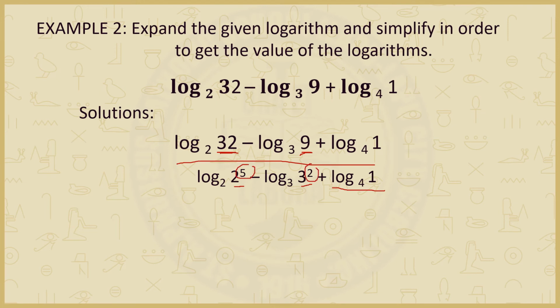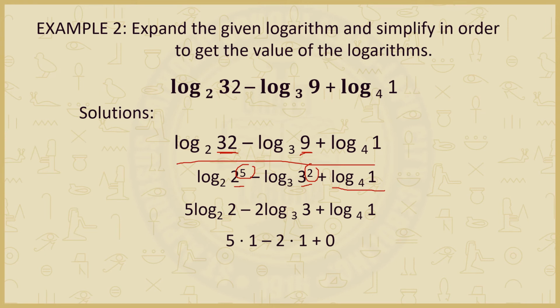And then our equation will become 5 times the logarithm of 2 to the base 2 minus 2 times the logarithm of 3 to the base 3 plus the logarithm of 1 to the base 4. After that, we are going to simplify them further by copying 5 times the logarithm of